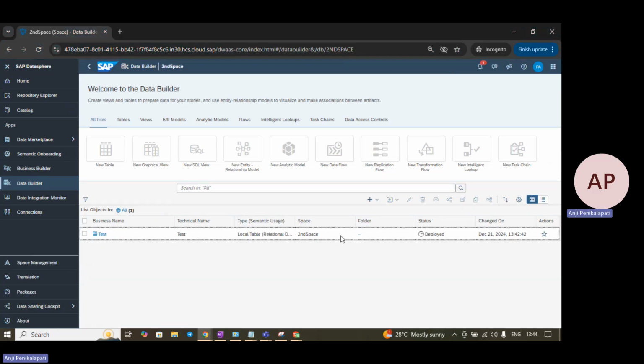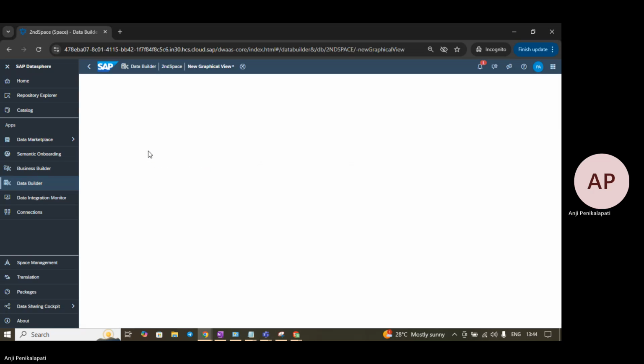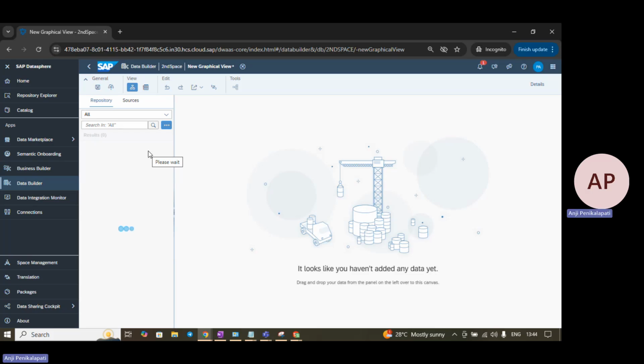So now go back to the new user. I want to create a new graphical view. Let's click on graphical view. Here you can see under repository, I'm only getting the test table. I don't have any other tables, like the ones we created in the DS demo space. Suppose I want to access one of the tables from the DS underscore demo space. Since this user doesn't have access to that space,